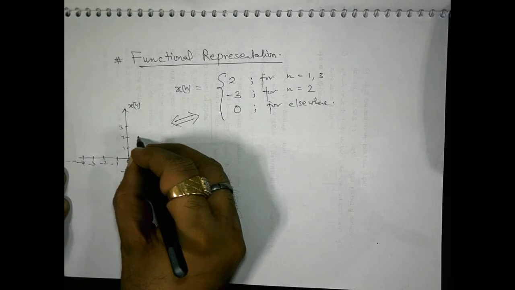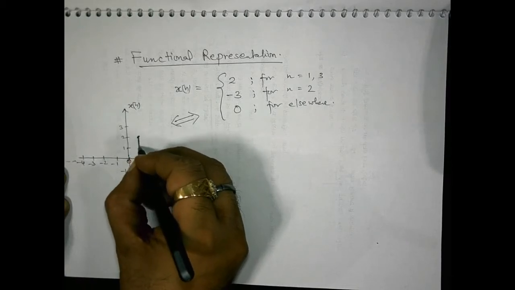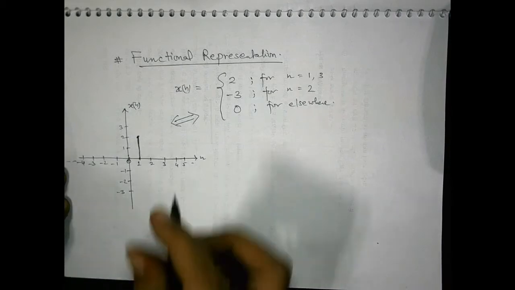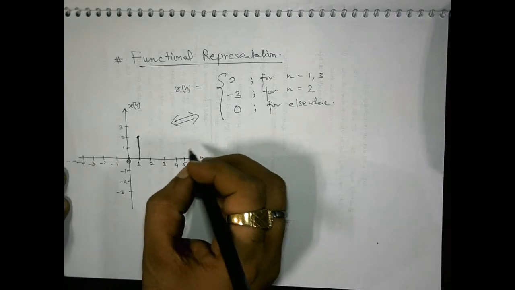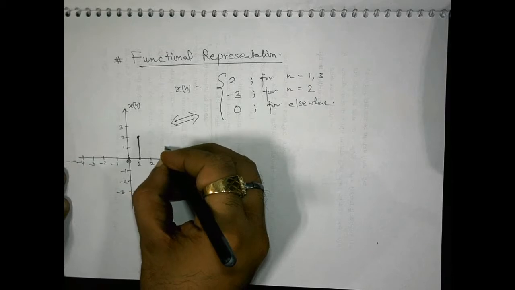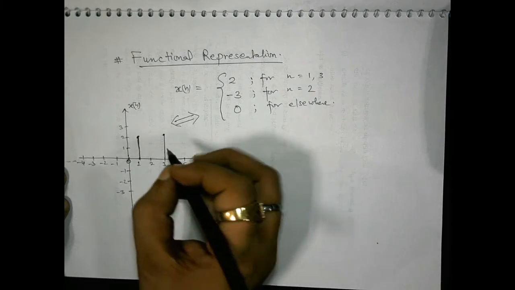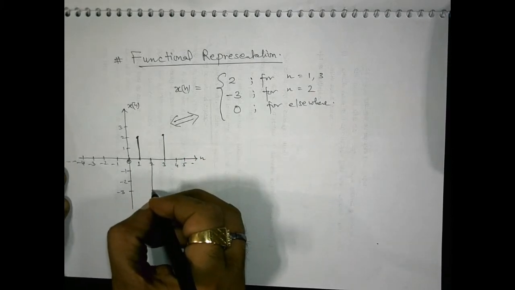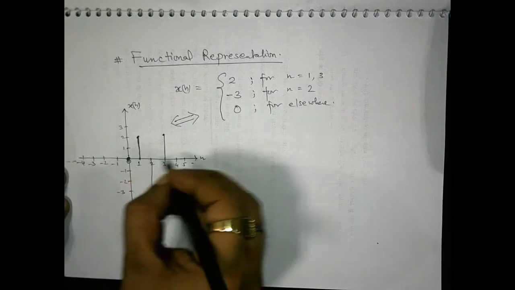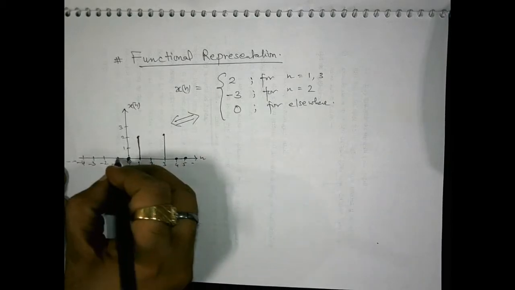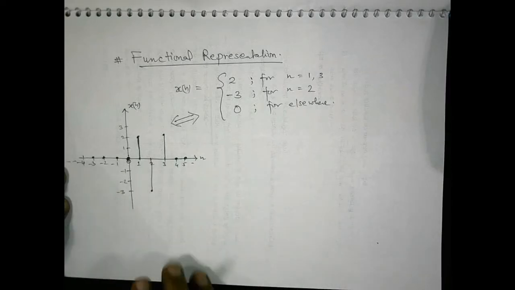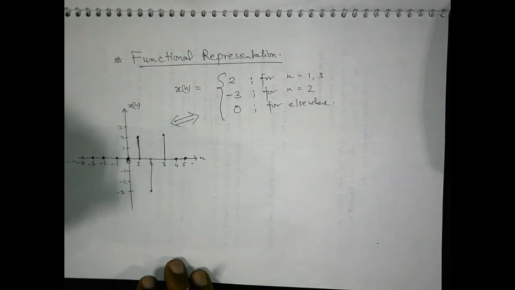So what this representation says is that at n equal to 1 the signal strength is 2. Say this is 1, this is 2, this is 3 and so on, and here it is -1, -2 and -3. So it will show a stem of strength 2 at n equal to 1. Then at n equal to 3, once again it will show a stem of strength 2, and for n equal to 2 it will show a stem of strength -3, and at all other n it shows value 0. So you can swap from one kind of representation to another. If one form is given to you, you can draw or trace the other form for your convenience.